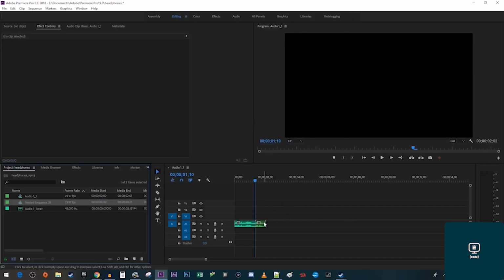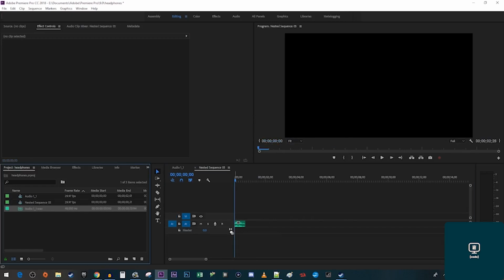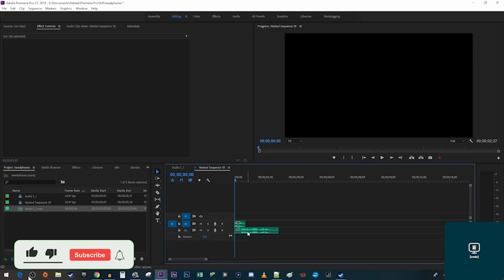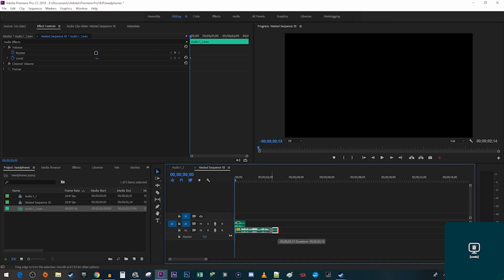Double-click the nested sequence to open it up. Drag your original audio file you imported below it in the nested sequence. Make sure that the bottom audio clip is selected and go up to Effect Controls. Under volume, change the level to -1000, which will translate to -infinity and completely mute your bottom track. Now drag the end of the muted clip to however long you want your reverb for the top clip